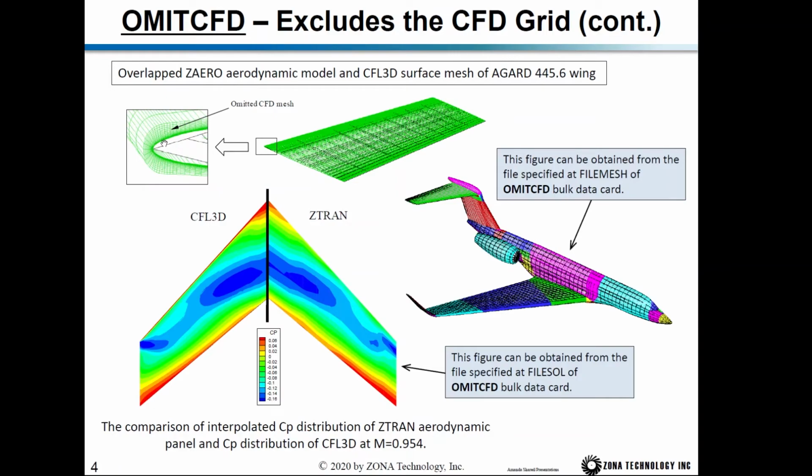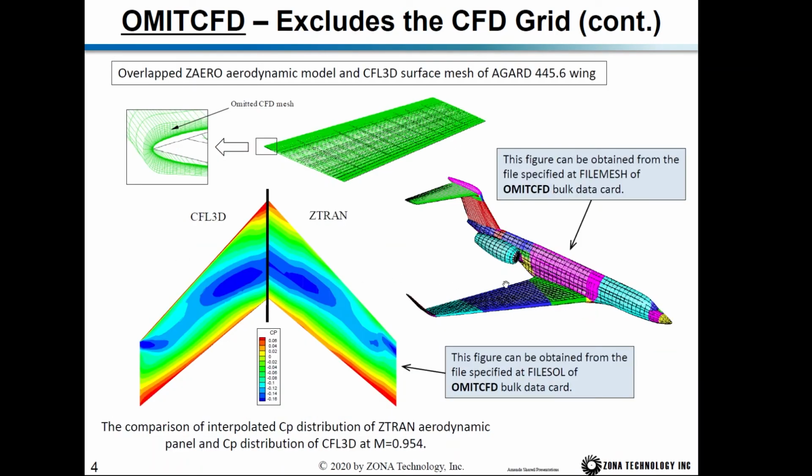You don't want Z-Tran to interpolate the solution from those meshes. So you can use OMIT CFD to exclude that. And also you can output this